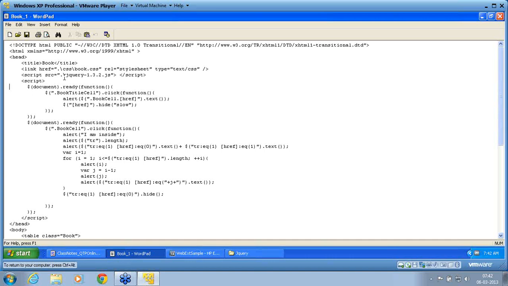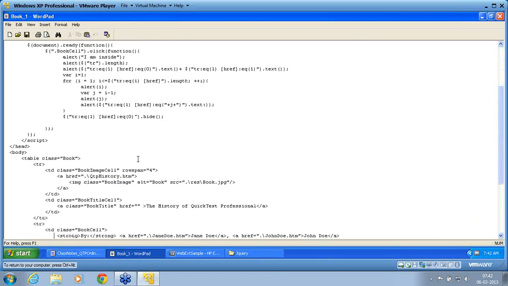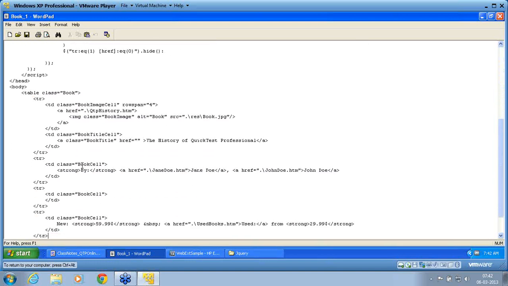Next, I am taking a document.ready function. Here you can see that dot is used, that means class. If the book title cell class is clicked, I want bookcell dot all href. I need to take out all the href from the bookcell class. So if I go down, you can see the bookcell class. This is my bookcell class.